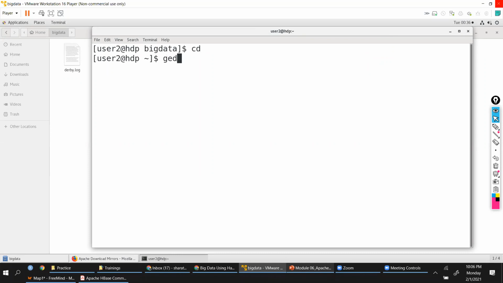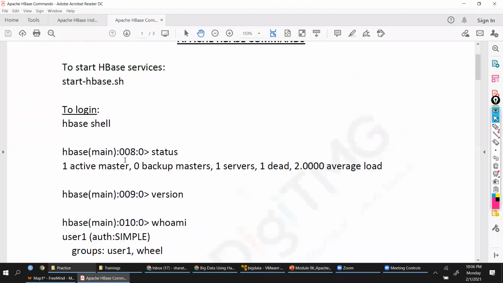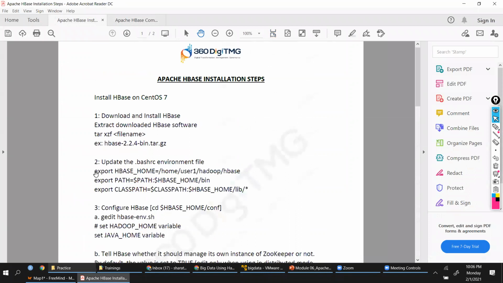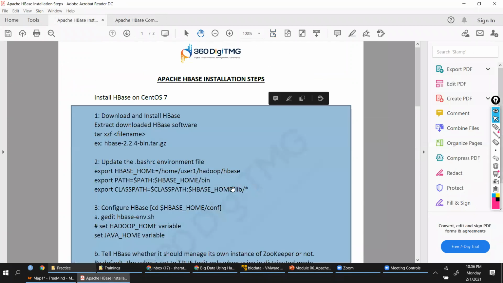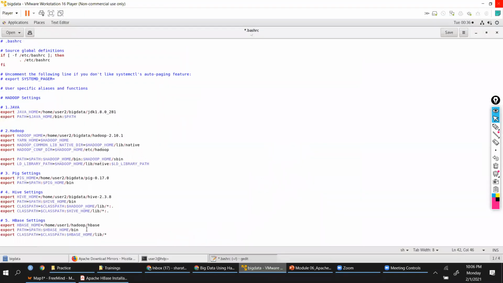Go to bashrc. So gedit .bashrc. Open this file, and at the bottom of the file, you can just add HBase settings. All you're doing is copy paste and then edit this. So let me copy paste the bashrc related settings. I'll copy and paste it here.